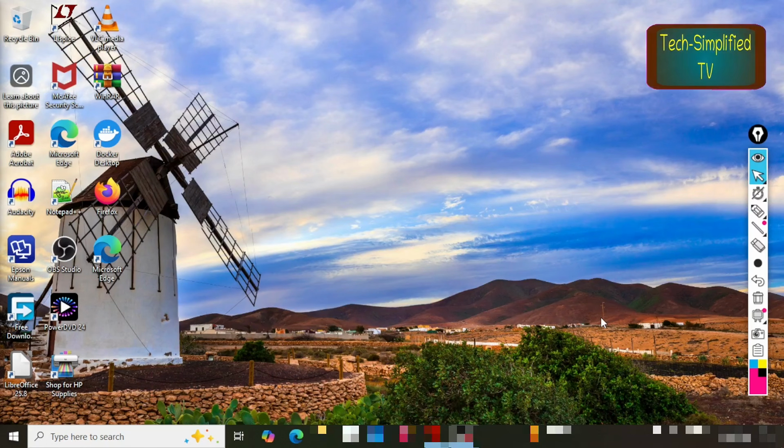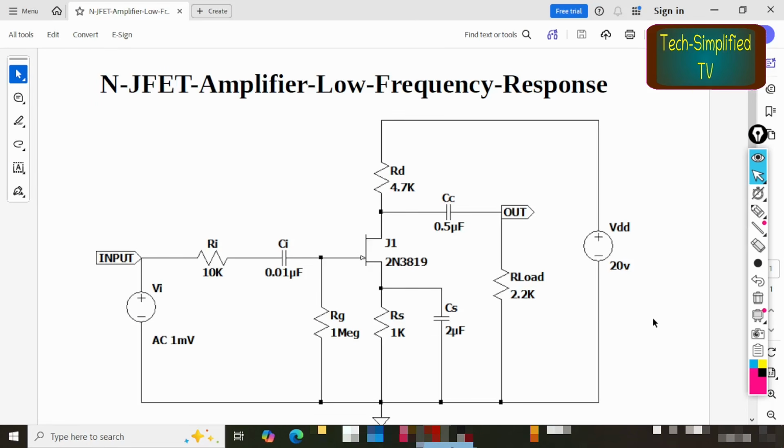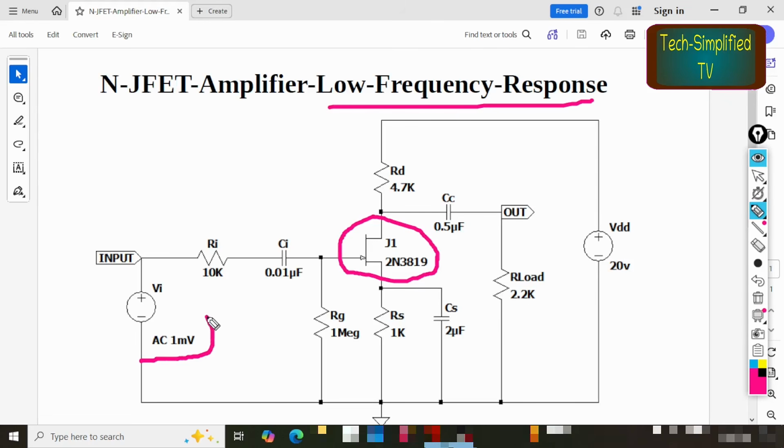Hey guys, welcome back. In today's episode, we'll be constructing an N-JFET amplifier and understanding its low frequency response. This is the N-JFET, and the low frequency response we will be analyzing with an AC input source while